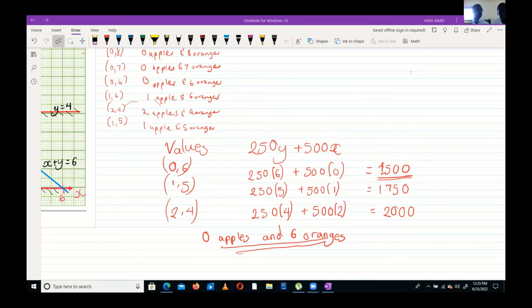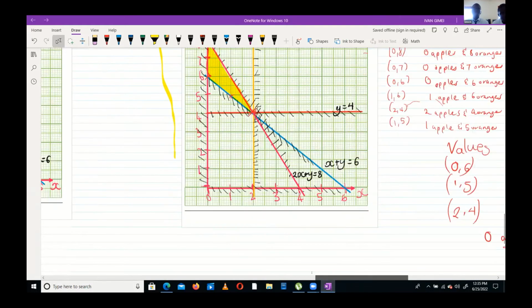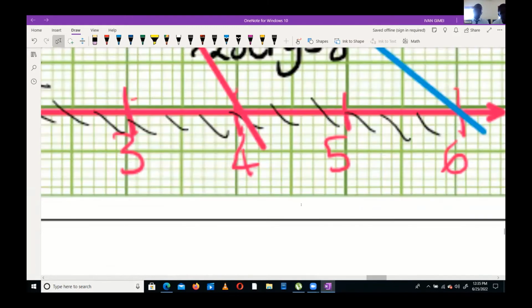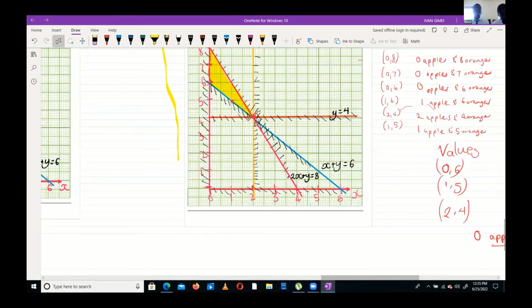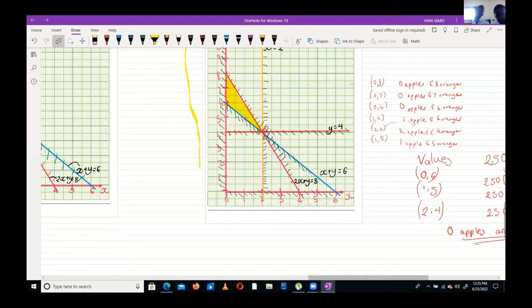No, it is not a must, but if you look at all the points in the feasible region, let me give you the feasible region here. In your feasible region, when you start picking coordinates, you realize that the ones that will give you the lowest values and the lowest amount of money will be the ones that lie on the lowest side of the shape that is formed